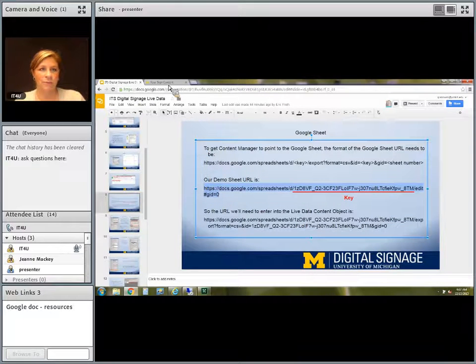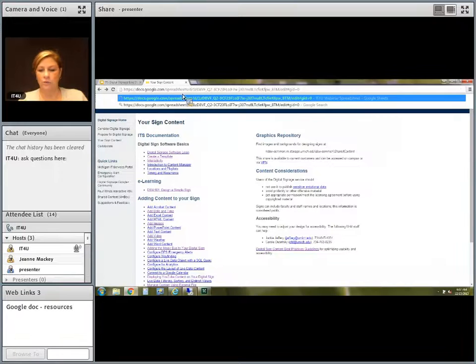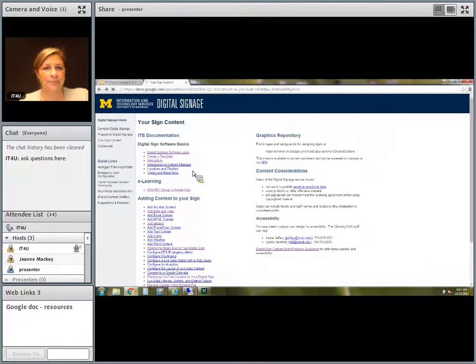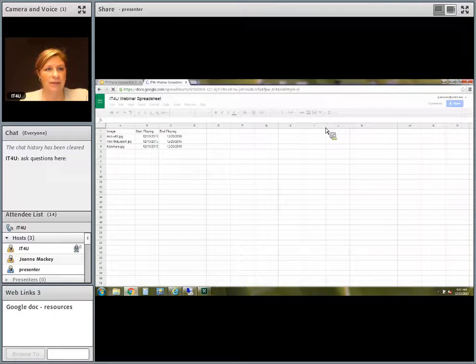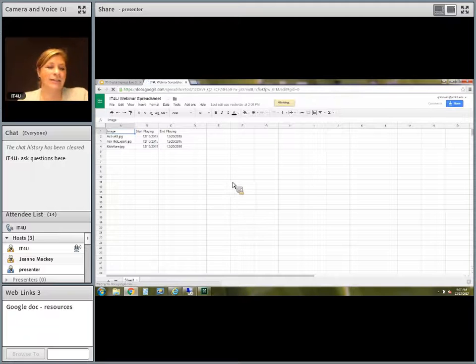And then the GID is the Google ID for the particular spreadsheet. So hoping this will work. I can just open it up. And there's my spreadsheet. Now if I had created any additional tabs in this worksheet, that GID will change and have like an 8-digit number associated with it. So you only want the one tab, right? I only want the one tab for today's demo.